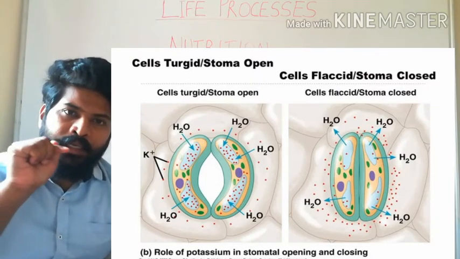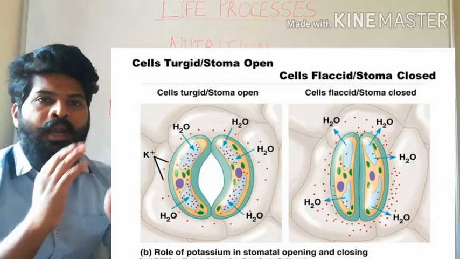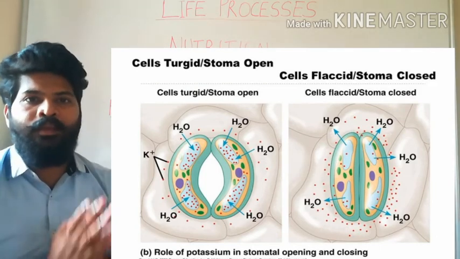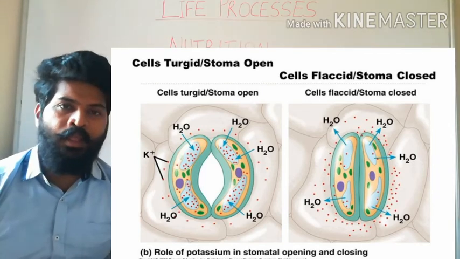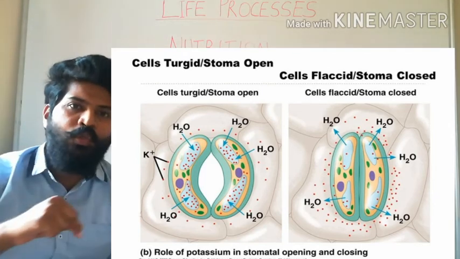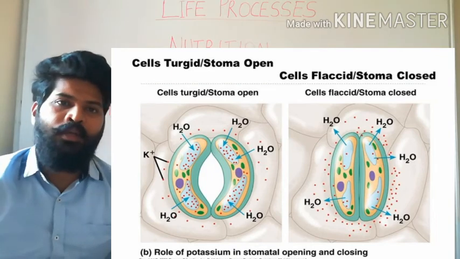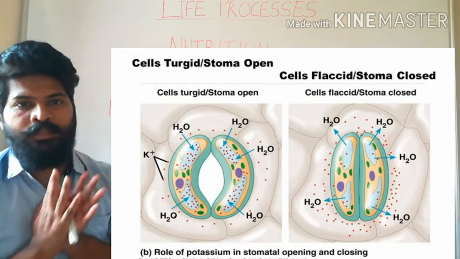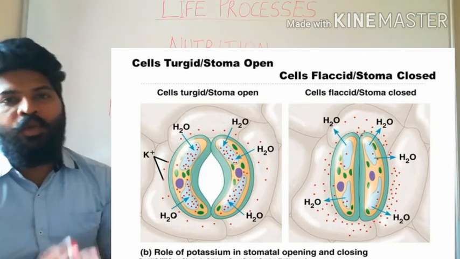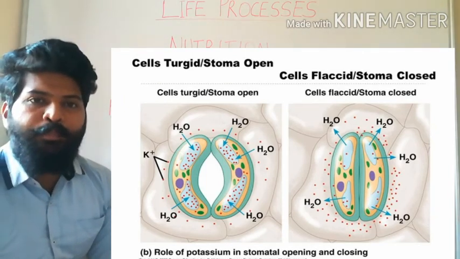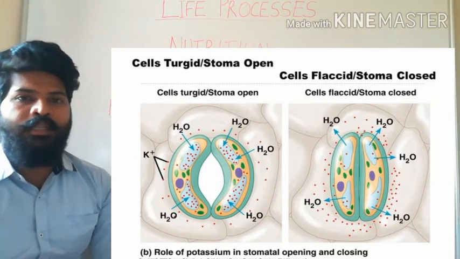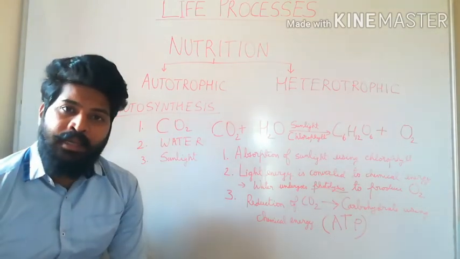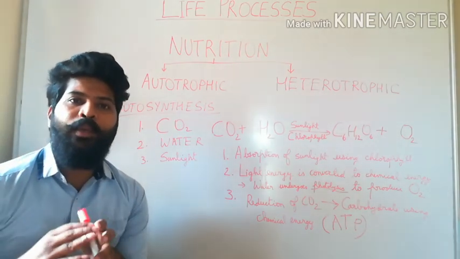When water enters, the guard cell will undergo swelling and the stomatal pore will open. This is during the daytime. And when the guard cells lose water, when water is taken out, the guard cells will shrink and the stomatal pore will close. So, opening and closing of the stomatal pore is controlled by the guard cells. So, through the stomata, plants obtain the carbon dioxide. If the desert plants were to open their stomata during the daytime,